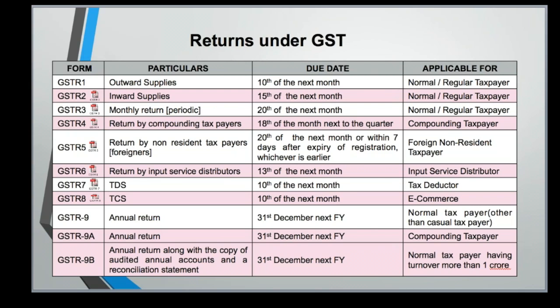Can RCM credit created on consumer goods be adjusted, sir? As I told you, apart from Section 17 subsection 5, all kinds of ITC are allowed. So you have to see down your blocked credits. When we discussed blocked credit, we already had a sense of this input tax credit. So once you see that you are not falling under any of the blocked credits, you are very well eligible to claim any amount of tax that you pay under reverse charge. No issues with that.